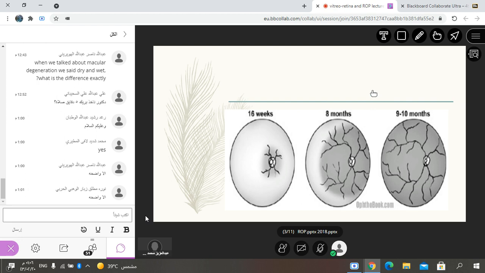This will depend on the NICU care. If the NICU care was not optimal, or if the baby has another coexisting congenital condition, which is common in these cases, this vascular perfusion and development will be distorted. And if the blood vessels do not reach the periphery, and the retinal tissue is nourished only half by good nourishment and half is not nourished, this abnormal